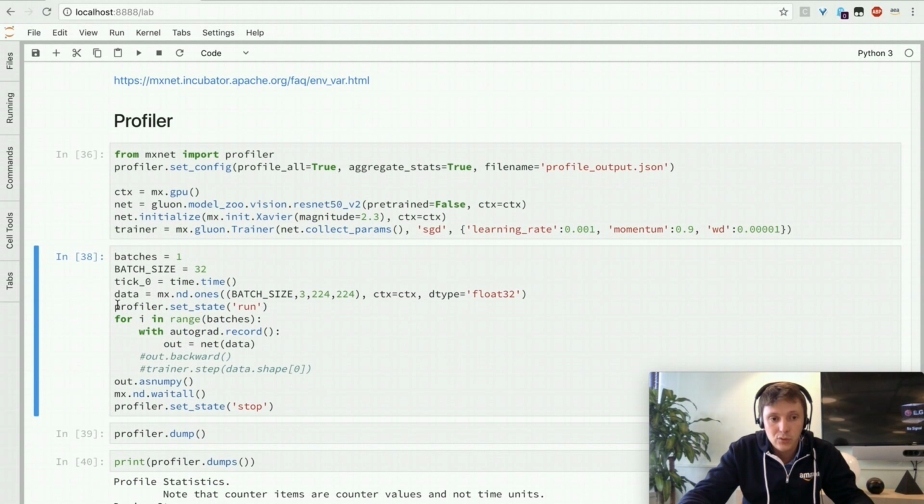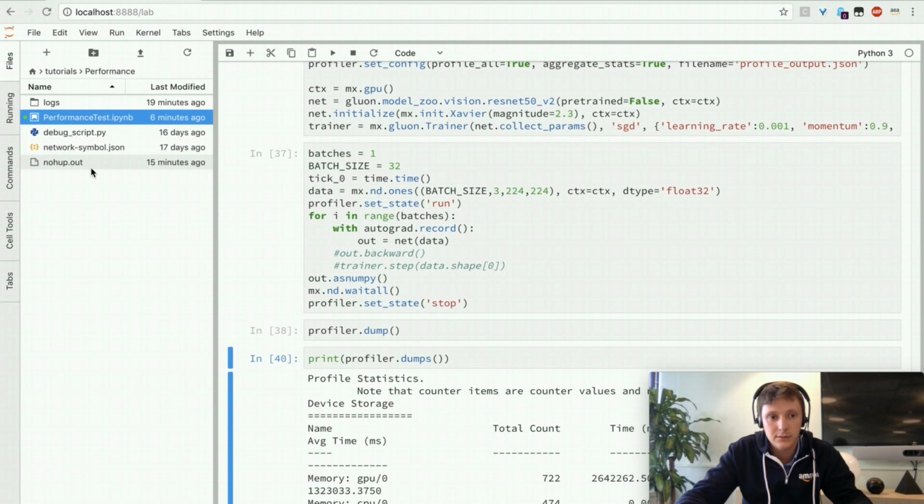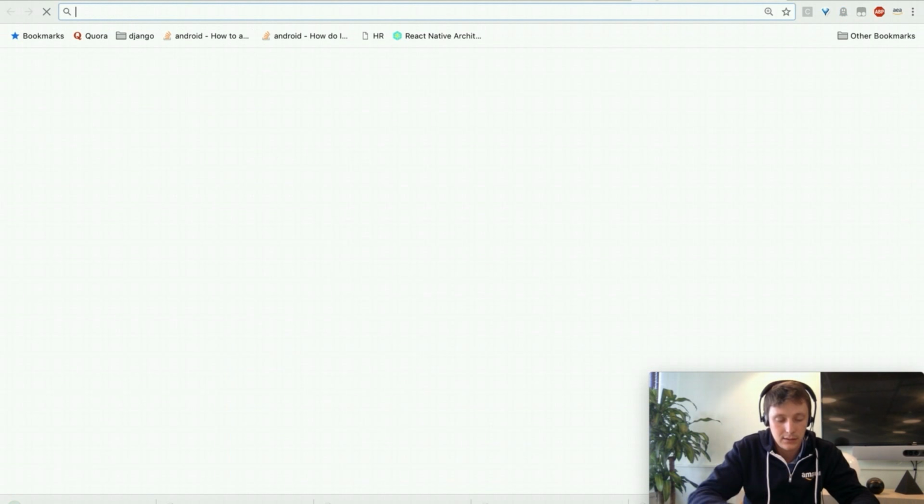The two triggers of the profiler are state run and stop. So you run them like this. You get your output, and then you do profiler.dump. This creates a JSON file that you can then put into the